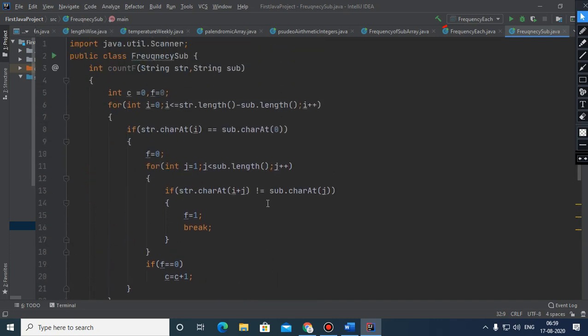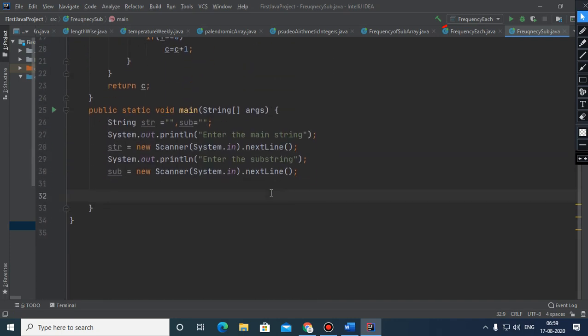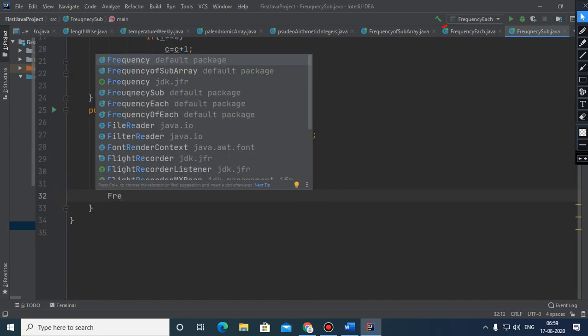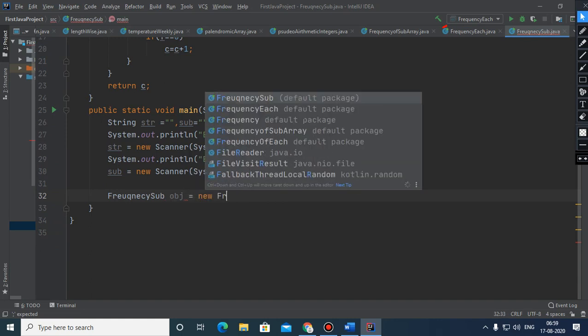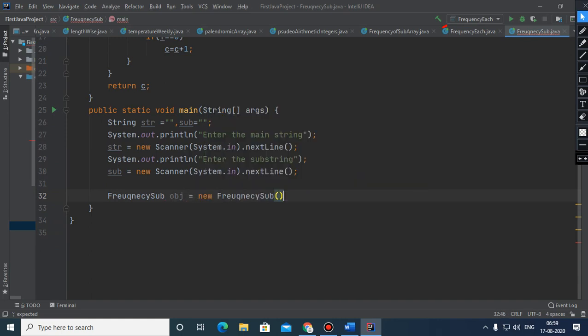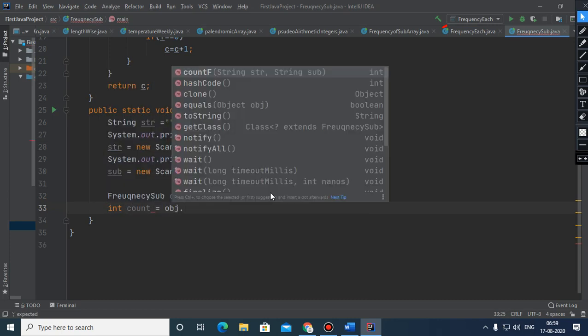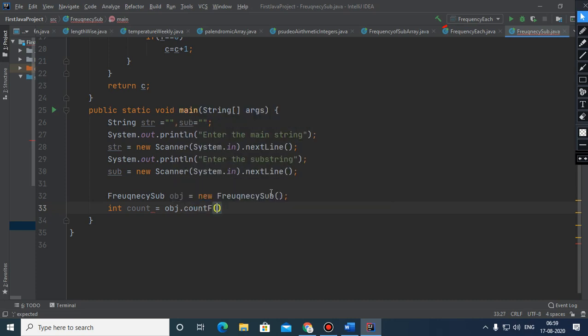then create the object of the class frequency sub, and here obj new frequency sub. Simply what we need to do, we need to call this function, and that is obj dot countf, passing str comma passing sub.